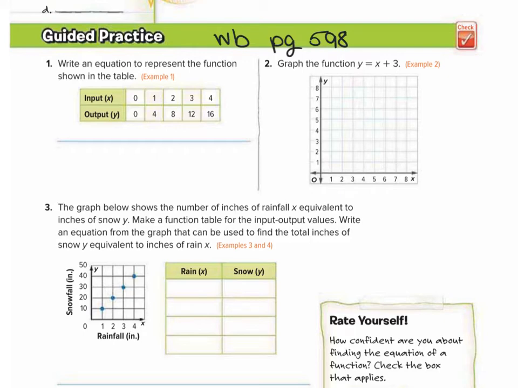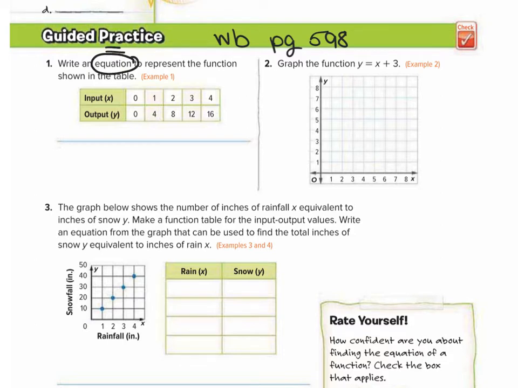Today we're going to start on workbook page 598 and we're going to do the guided practice together. So number 1 says write an equation to represent the function shown in the table. So we already know how to find the function rule, so we're going to use the same steps here. We're going to find the function rule and then we're going to make it an equation by adding an equal